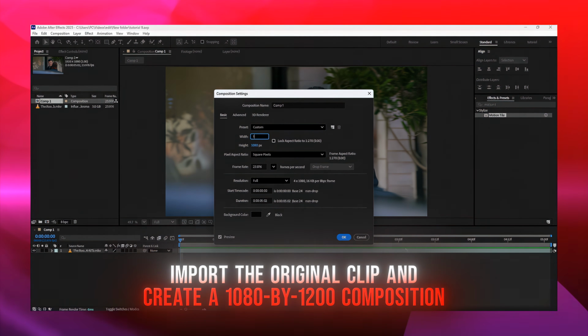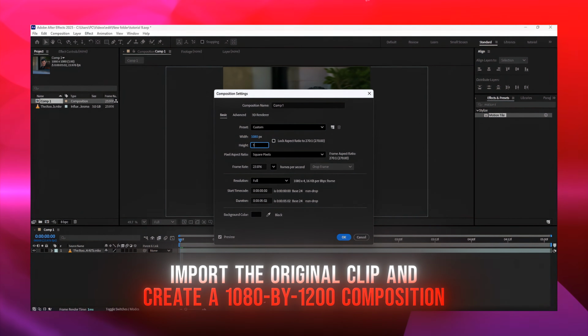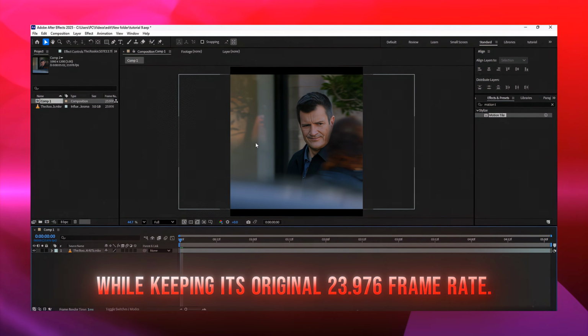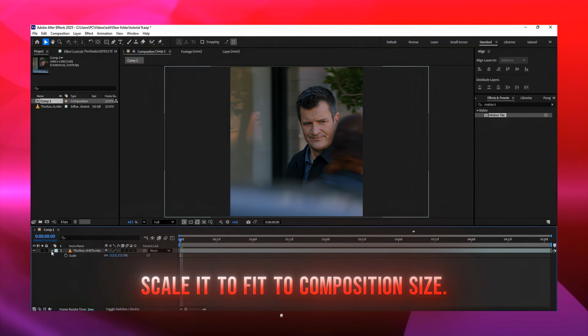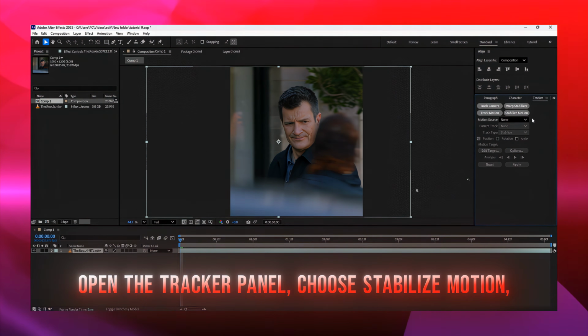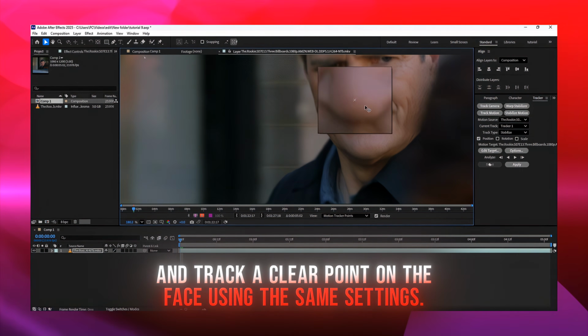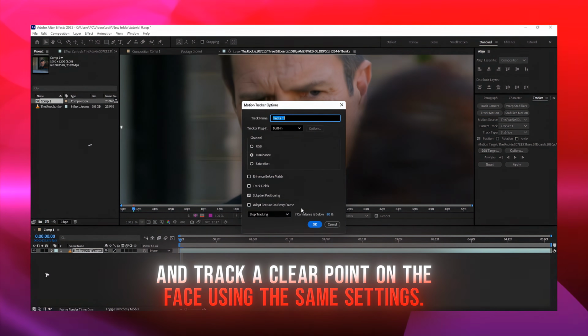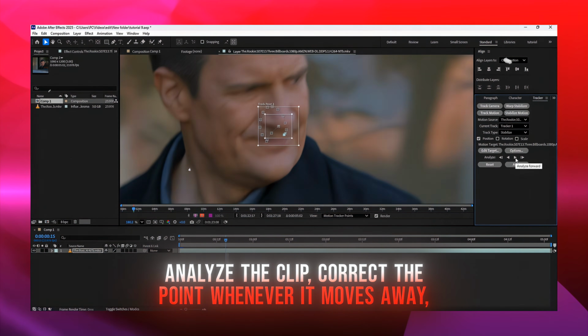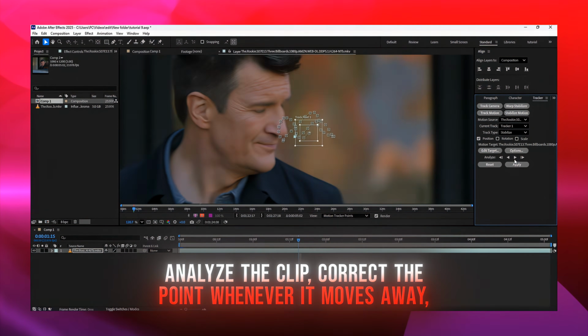Import the original clip and create a 1080 by 1200 composition while keeping its original 23.976 frame rate. Scale it to fit to composition size. Open the tracker panel, choose Stabilize Motion, and track a clear point on the face using the same settings. Analyze the clip, correct the point whenever it moves away,